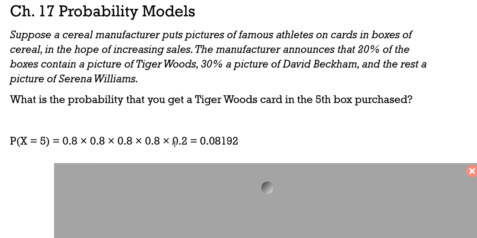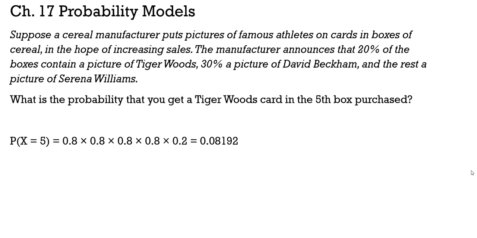We'd multiply them together because that's an and statement, the probability of not getting it and not getting it again and so on and so forth, right? We could phrase it as an and statement, and when it's an and statement, it's the multiplication rule. And again, this is a situation where we're really employing that independence rule, the 10% rule, because technically once we didn't get it, it would change all the subsequent ones later on, but not by enough to matter. All right, so we have about an 8% chance that we get our first Tiger Woods card on the 5th